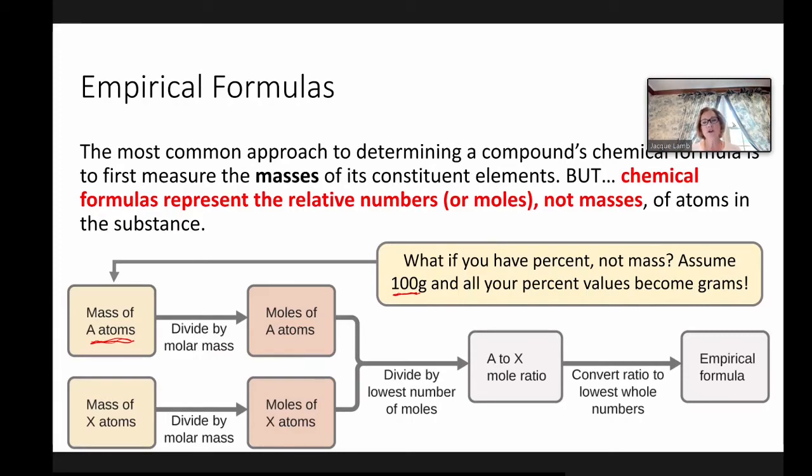4.5% hydrogen would mean that the compound had 4.5 grams of hydrogen. And so you do that for each of the constituent atoms, and you end up with moles of atoms. That's going to give you the ratio of atoms in the compound. The problem is it might not give you whole numbers. If it doesn't give you whole numbers, you can't have half an atom, so you have to get it to whole numbers.